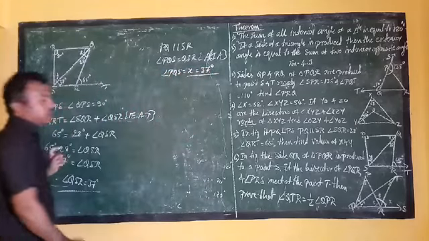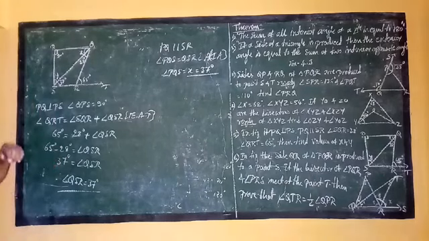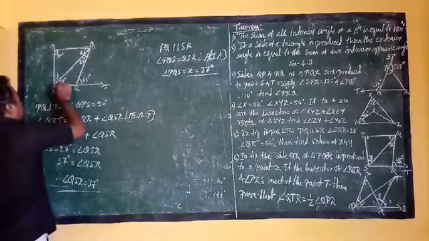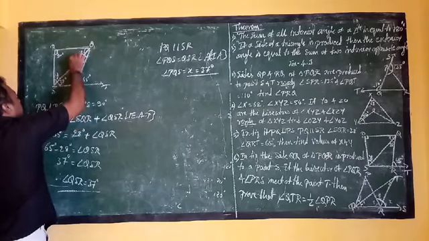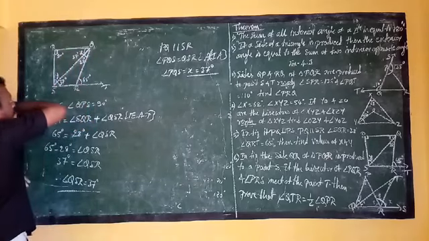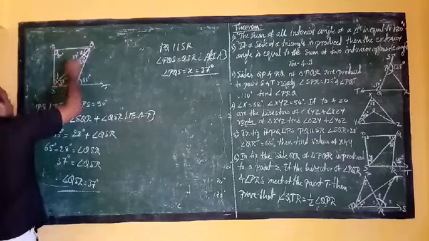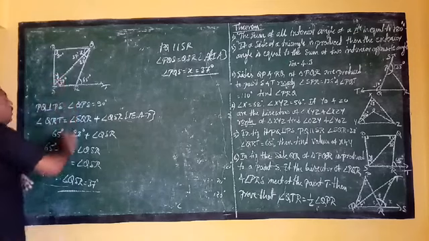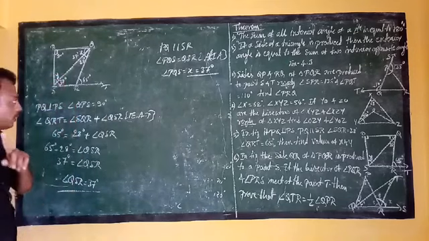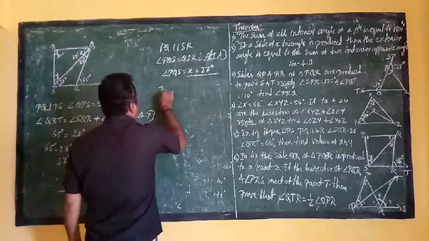So X we have calculated. Now the remaining one is Y. Okay. See here, this is 37 degrees, so this is also 37 degrees, that is X is 37 degrees. If you consider this angle PQS, to find Y, which property do we use? Yes, the angle sum property, in triangle